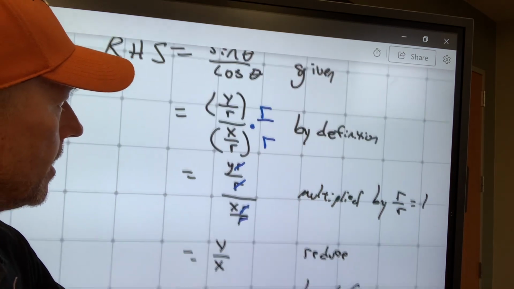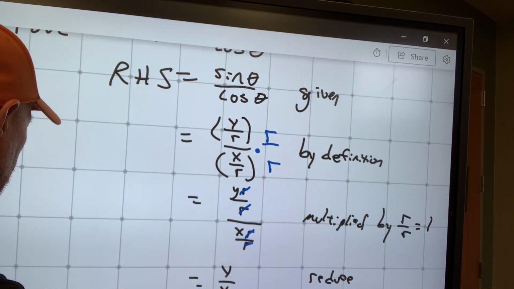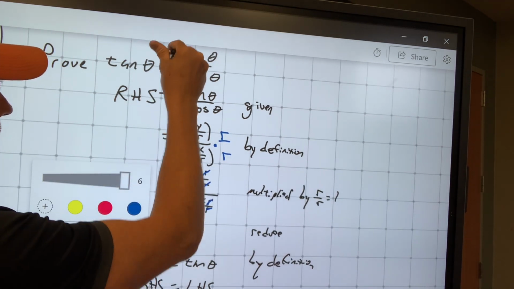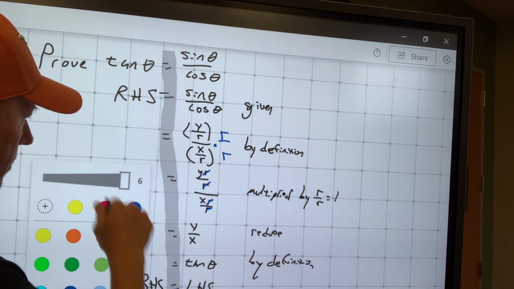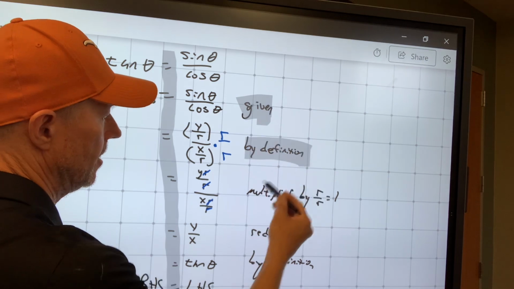One thing to notice is that I have a nice vertical line of equal marks in my proof. So it's very easy to follow step by step. I have a justification for each